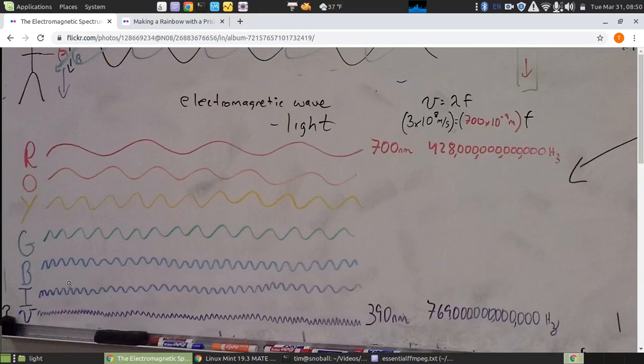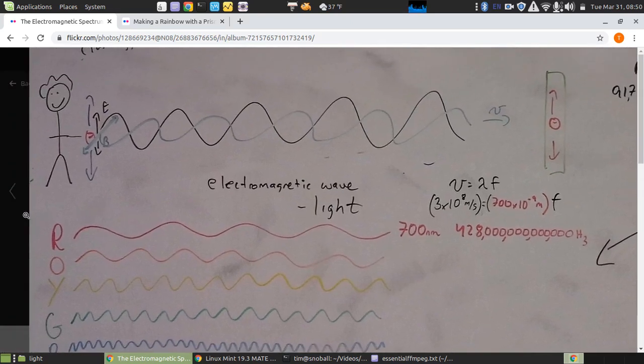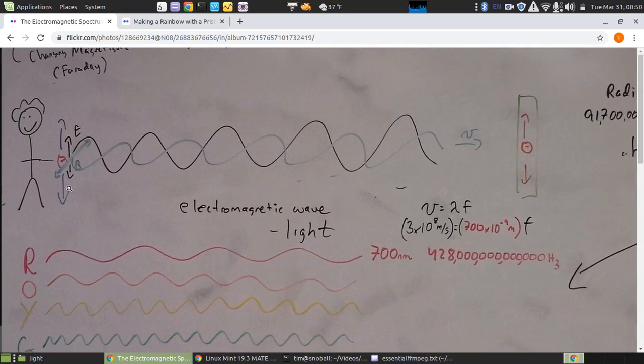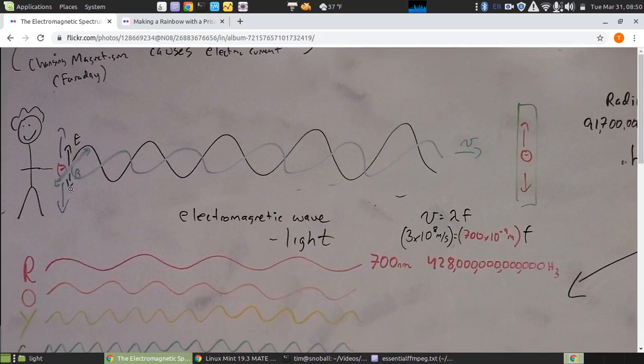Now, where does light come from? It seems to be from wiggling a charge. If you have a situation where an electron or a proton or something charged moves up and down, it creates waves in space in what are called the electric and magnetic fields. We'll study that later. Now, what's important about this part is just understanding that because this is happening in space itself, in these electric and magnetic fields, light waves do not need a medium to travel in. So unlike sound, unlike mechanical waves, this can travel through empty space,